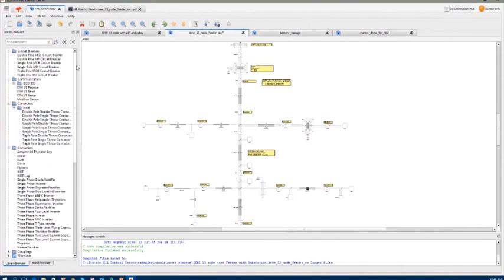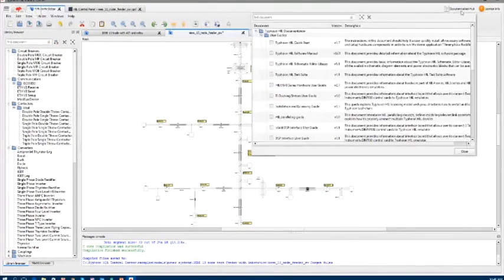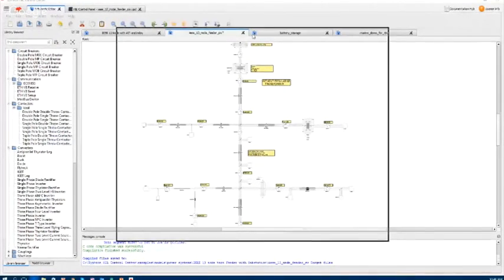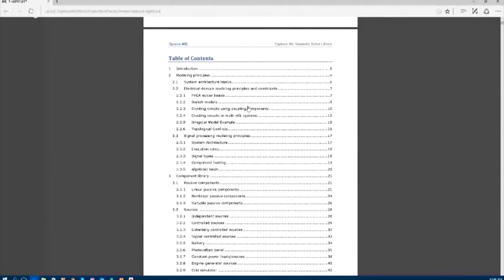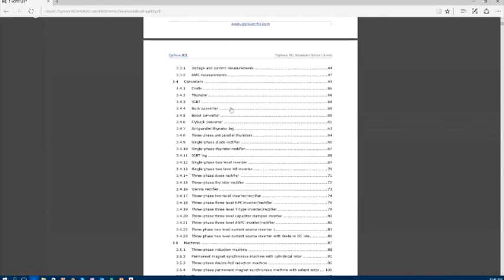When you download the software, you will also download the complete documentation with it. So if you are wondering what kind of element you can find in the library, there is this Typhoon Hill schematic editor library document that you can open and find this detailed description about everything in our system. Solver logic, hardware information, but also information about any model that is inside the library.